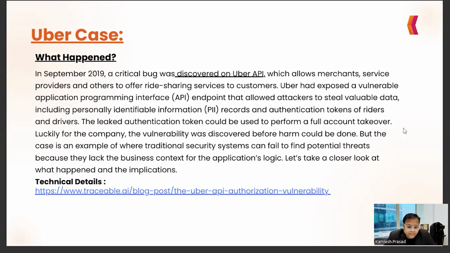The leaked authentication token could be used for a full takeover of the account. Luckily, it was found in time, and the vulnerability was closed on time, which really helped to cover the losses.